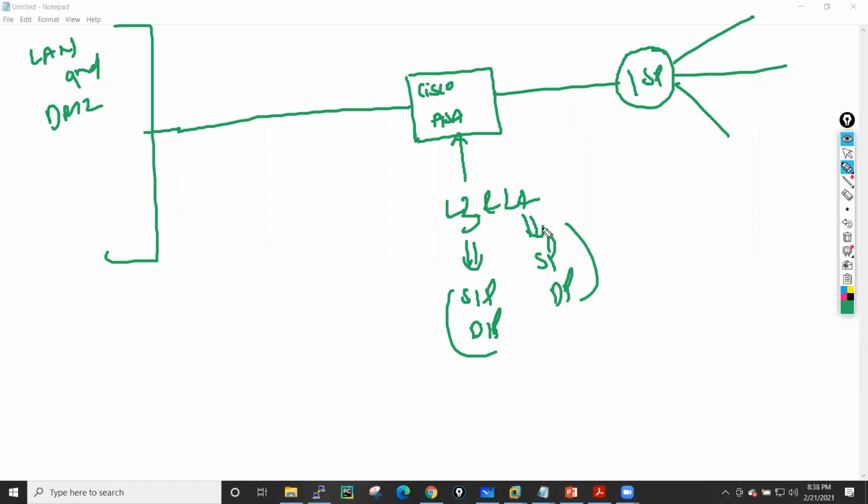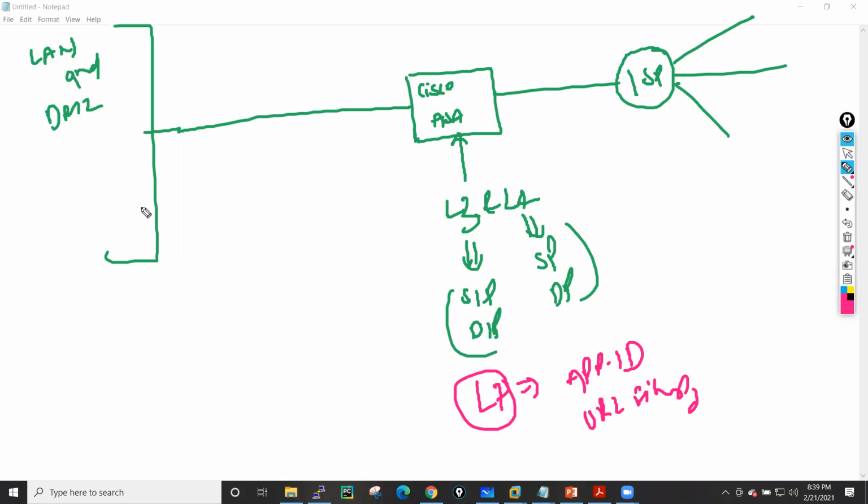Let's suppose we want some layer 7 functionality, like app ID, which means writing a policy on the basis of application identification. Or let's suppose we want a solution for URL filtering, which means we want to block some URLs, maybe all the adult sites and all the social media or social networking sites.